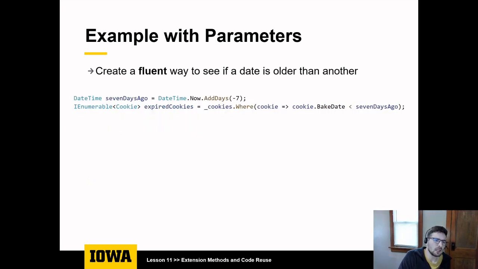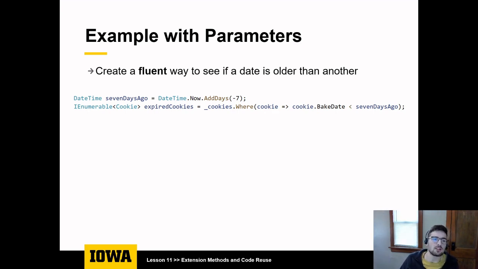In the previous homework, we had to calculate the expired cookies, where an expired cookie is defined as having a bake date that was older than 7 days ago. Okay, so a lot of you and I wrote code that looked something like this. So we calculated what 7 days ago was, and then you looked for where the bake date was less than 7 days ago. And this is fine, this is accurate, but